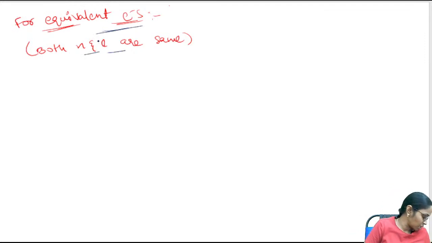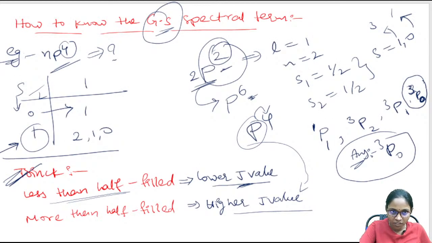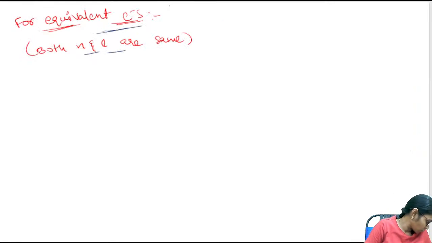And coming to the case of equivalent electrons, that means both n and l values are the same. For example, sorry, here in this example, n and l are different. Okay, sorry. For the equivalent case,